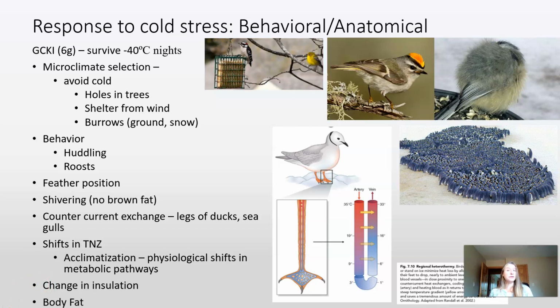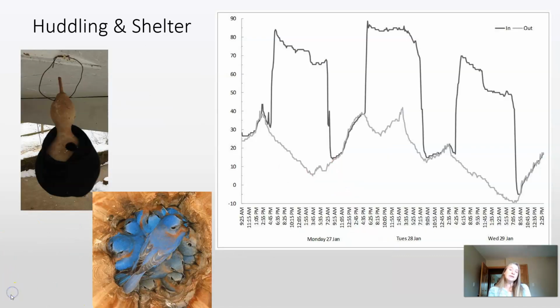Birds don't often store much body fat because of the trade-offs with flight ability. However, during cold temperatures, birds may store some fat, at least at low levels. Normally they're trying to store enough fat to get through either the night or maybe a storm that might last a day or two. Birds don't usually put on a whole lot of fat except during migration, but they can maintain some fat during winter to buffer themselves against longer periods where they need to have the energy available for heat. I mentioned on the last slide that birds can use roosting together.